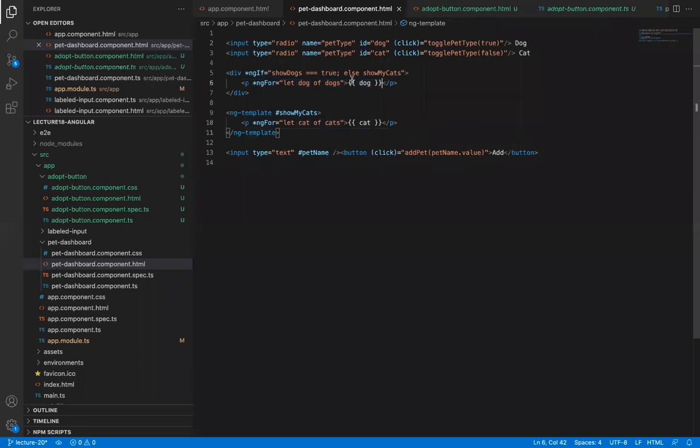We no longer want to just pass in the dog's name, but we actually want to create a component every time this is looped over. That's what we were talking about. Now we have this reusable component that we can print out every single time we have a dog being iterated over or a cat being iterated over in this Angular component. So this right here is where I'm going to be plugging in that new component we just built. So I'm going to say